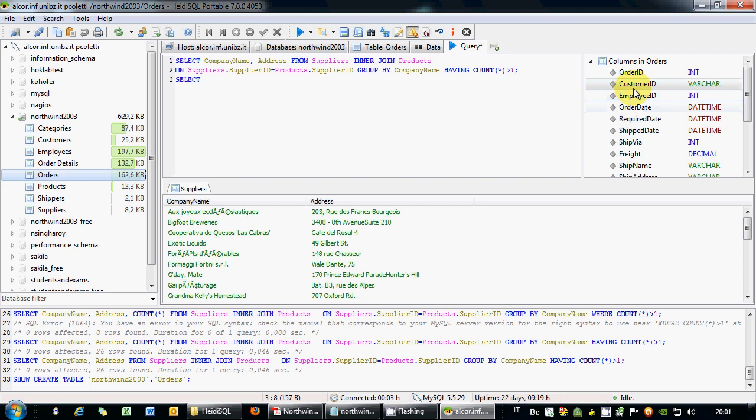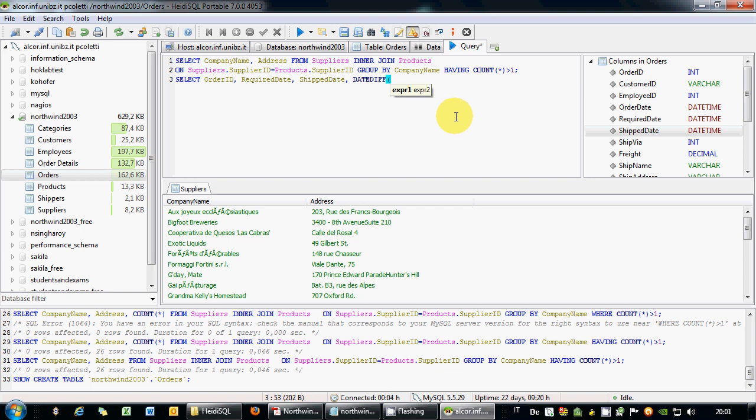We need order ID, comma, required date, comma, shipped date, comma, and the delay days. Delay days are calculated as the days passed between required date and shipped date. So with date diff, which you have,